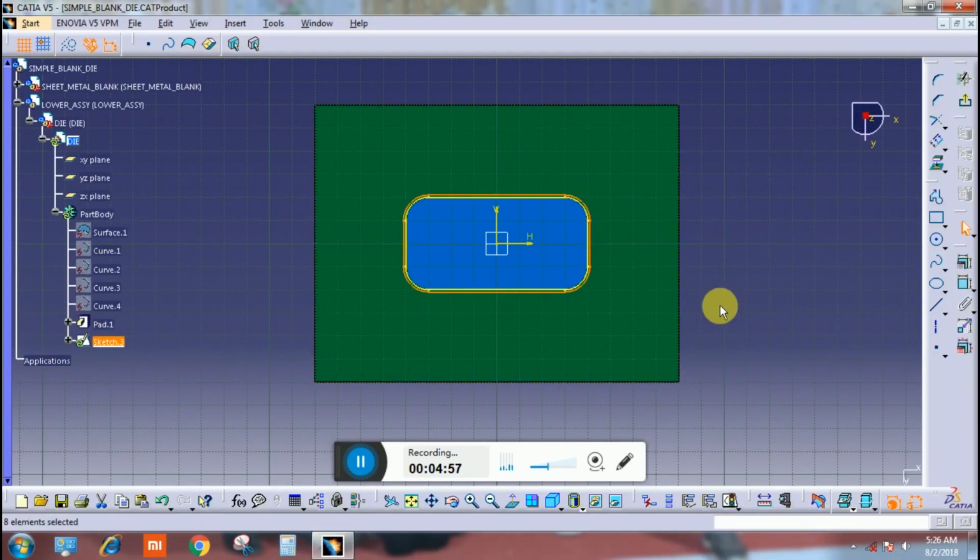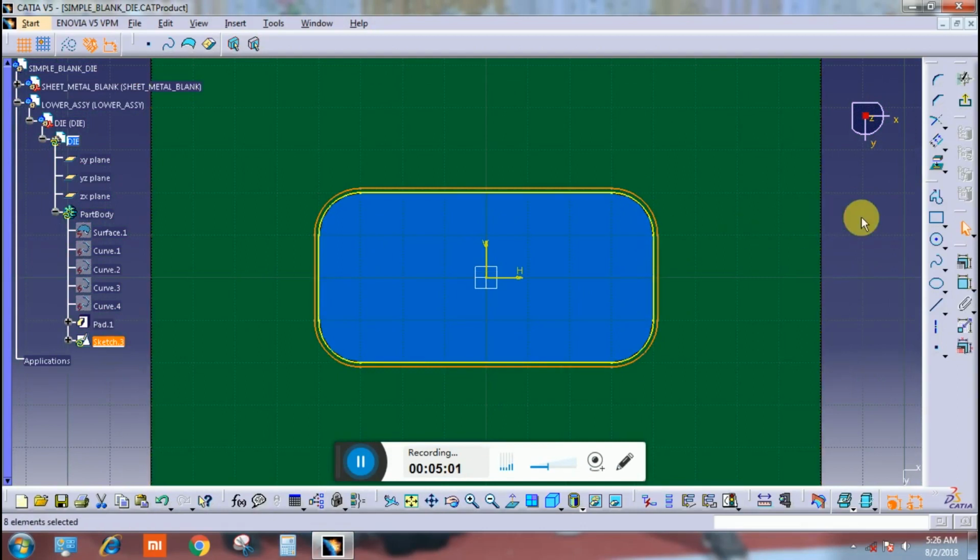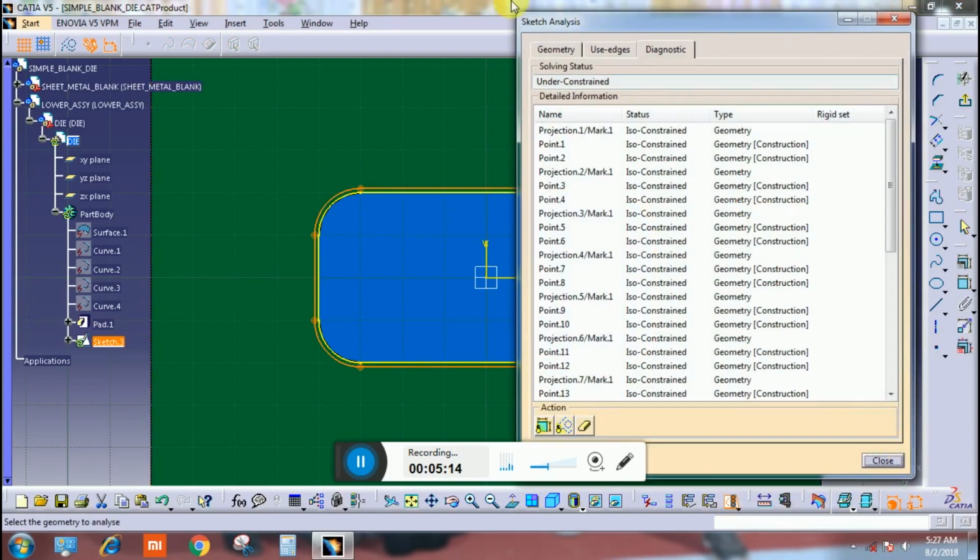Then this profile make thin geometry. Select. This is selected already.